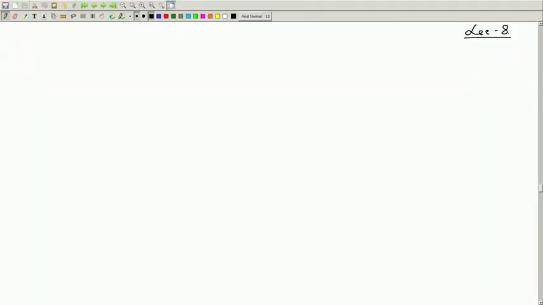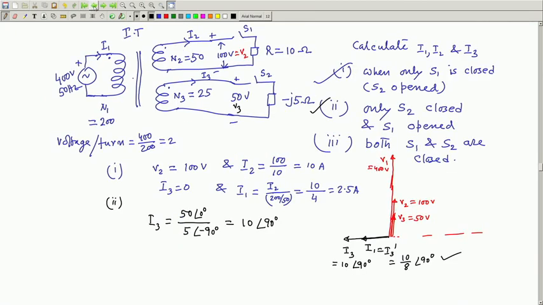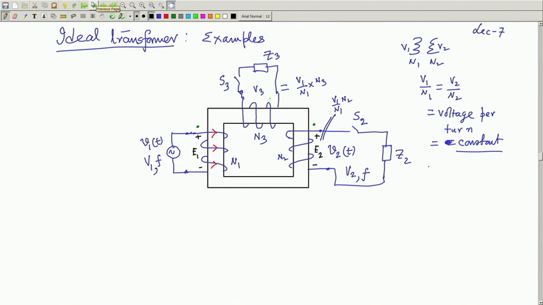Welcome to this lecture number 8 on electrical machines 1, and you remember that in my last lecture we were considering an interesting problem. Suppose a transformer has got 3 coils wound on it, like this was the transformer core. So, one common magnetic circuit over which 3 coils have been wound.